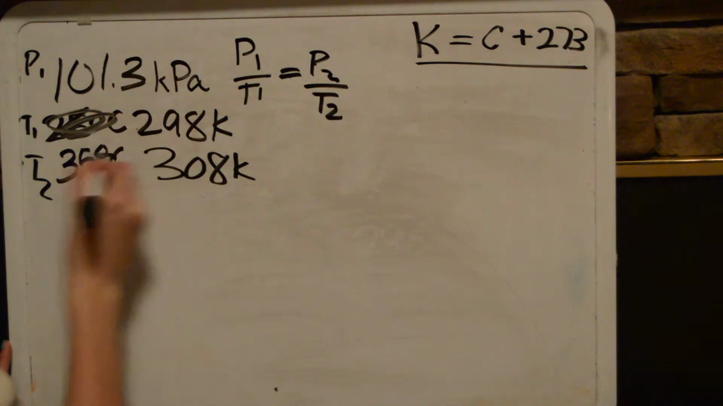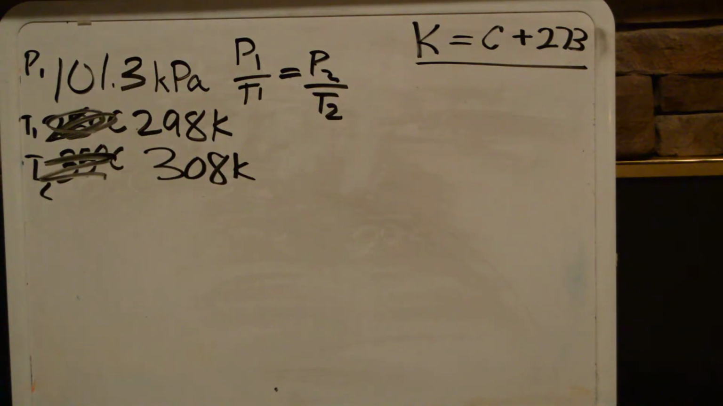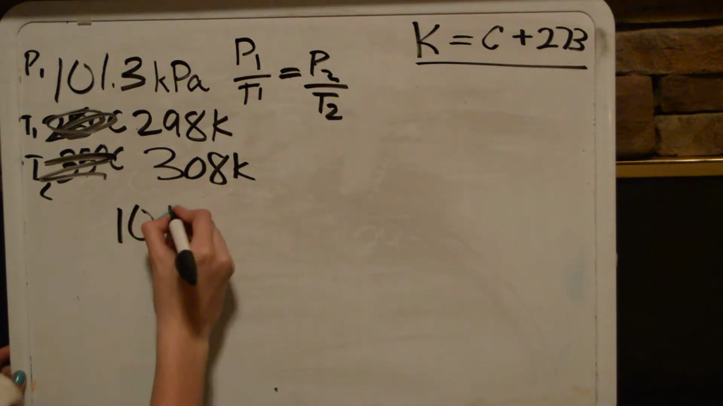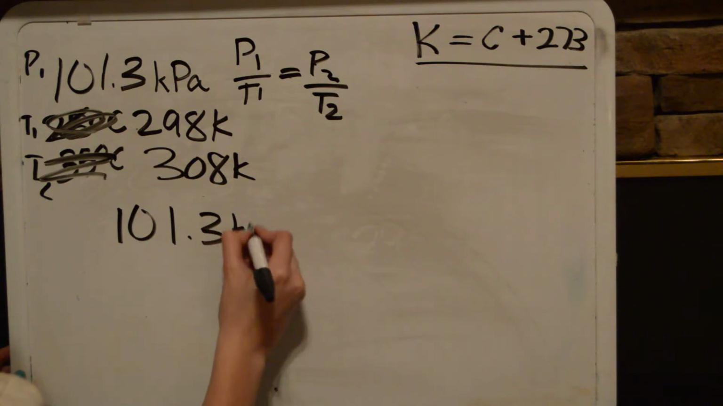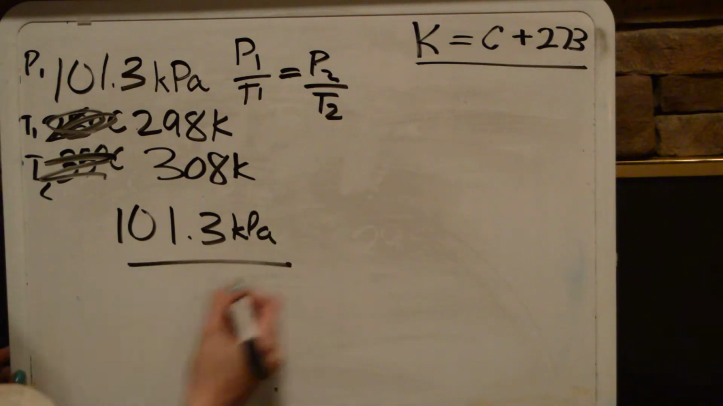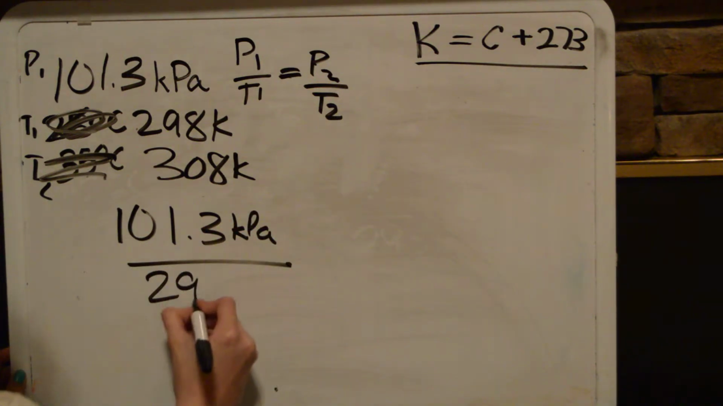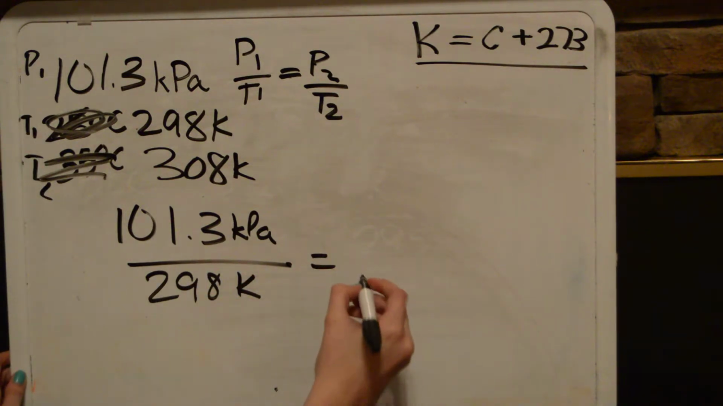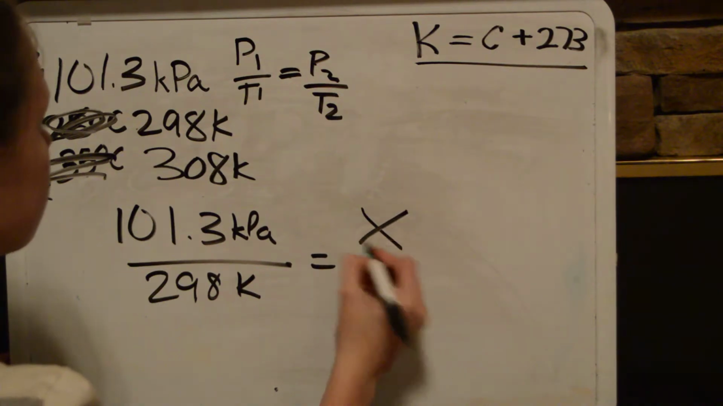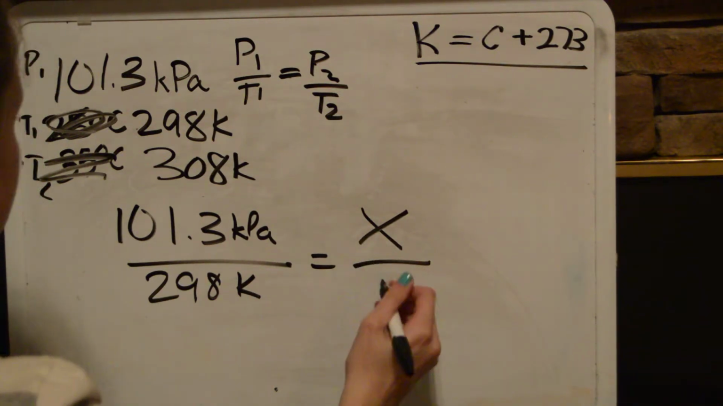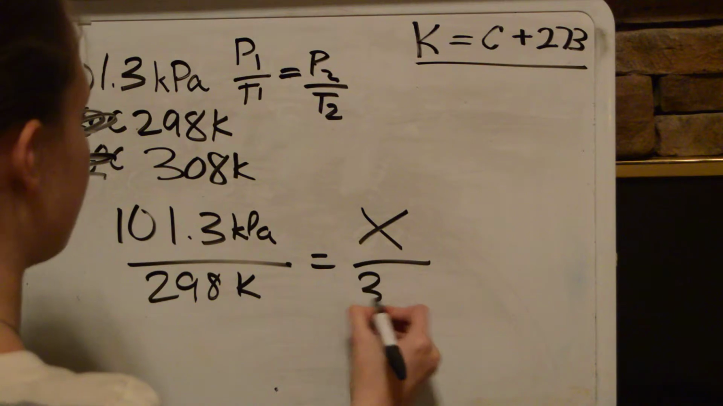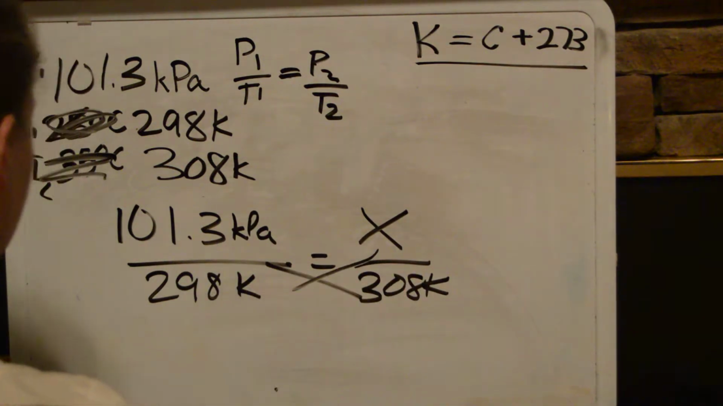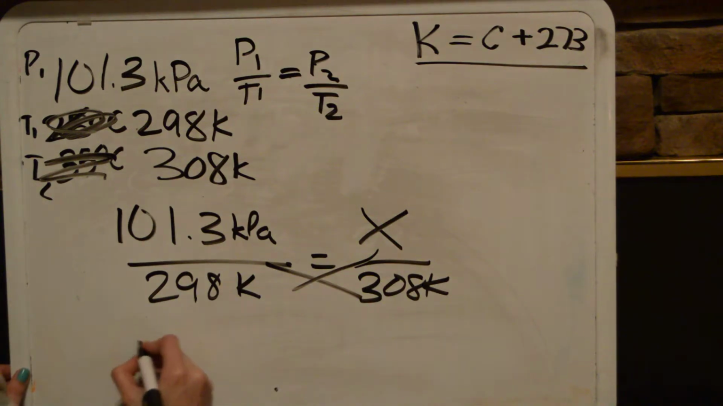So there. That's our new formula. So now, let's plug and chug. P1, 101.3 kilopascals, divided by T1, 298 Kelvin, equals P2, our variable that we're looking for, big X there, divided by T2, 308 Kelvin. So now we cross multiply, which comes out to